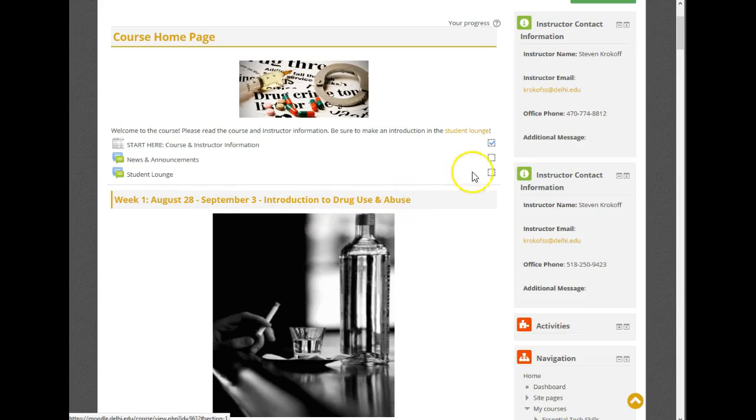Another thing you'll notice along the right-hand side are these check boxes. These check boxes allow the students to see if they've met the minimum requirements for that block. Some of these, if you merely view it, will get checked off because that's what I've preset as a completion.